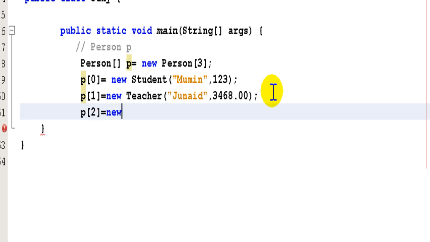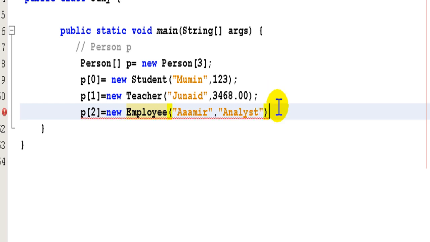I'm putting in it new of the employee. Again, I have to use the parameterized constructor, sending two names. Say I'm sending Amir, and I'm sending a designation. I have to send designation also. Say he is an analyst, and that's it. You getting me? So I now have a situation where I'm having a person P, which is a reference array,